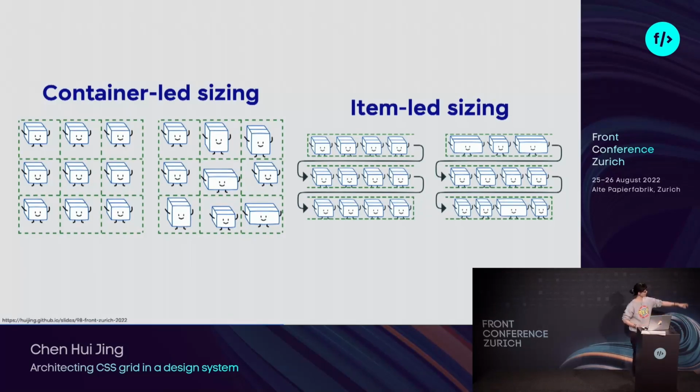So if you look at maybe the fourth box for item-led, it seems like the 8th item is below it. But once you change its size, they don't know who's on top of them or who's below them. It just happened to end up that way. But in grid, it's different. This is what I mean when I said that there's an awareness of the siblings, because no matter what size the item becomes, if it's allocated to that grid, it's going to be there.